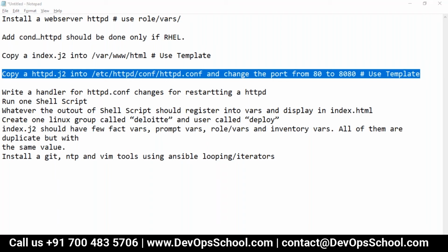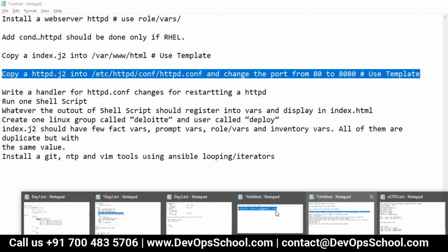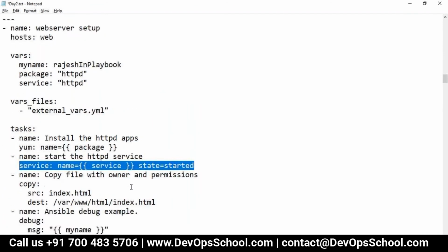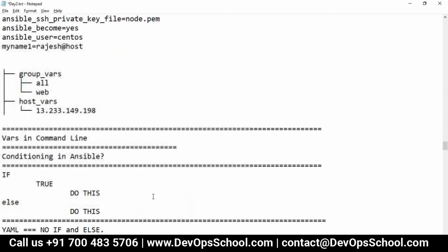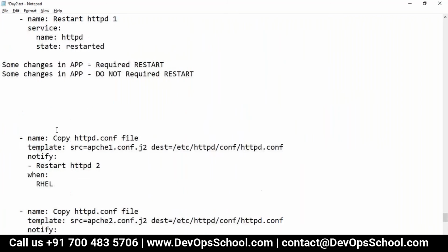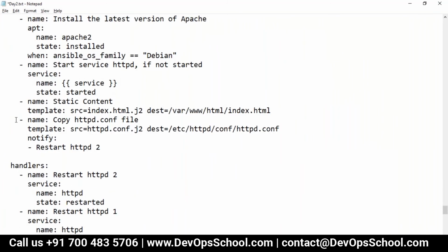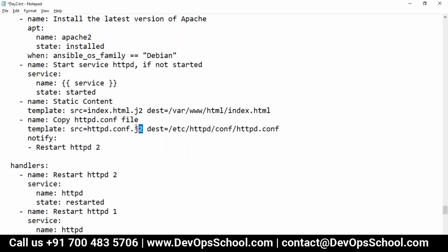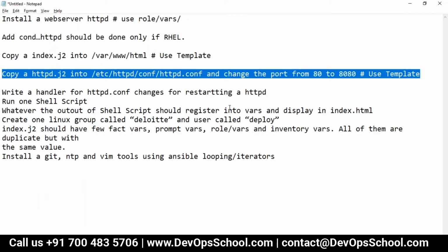I think, let me show you. I think I did it actually. Day 2. Did we cover the templates on day 2 or day 3? I think day 2 only. Yeah, so the code you had it actually. See here. This is the code. This file was coming from this file. In this file I changed the variables, but in the roles we declare the variable in the vars directory. Remember?